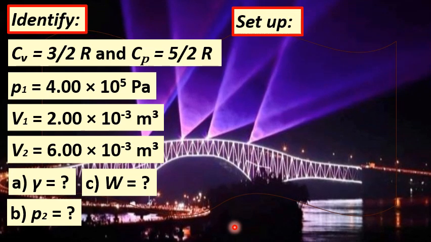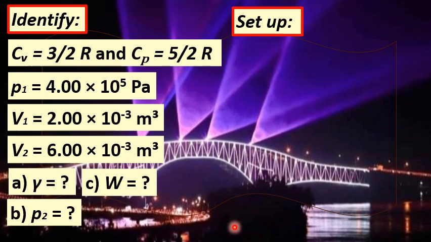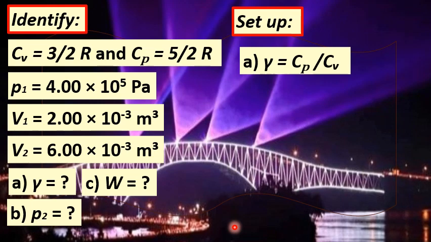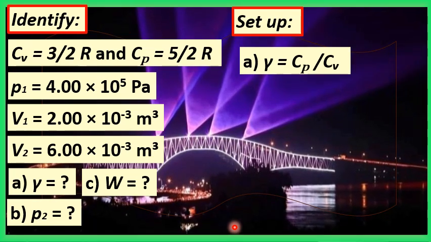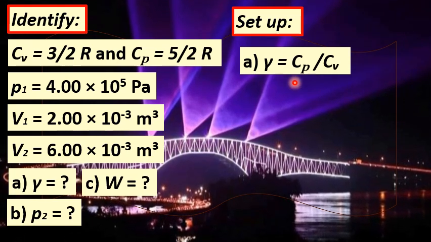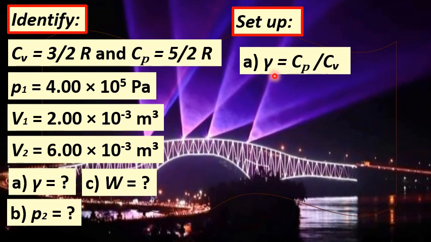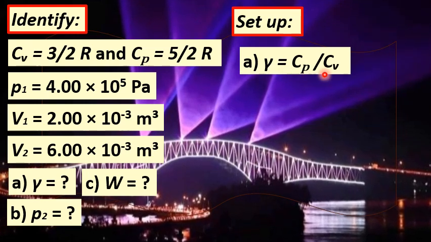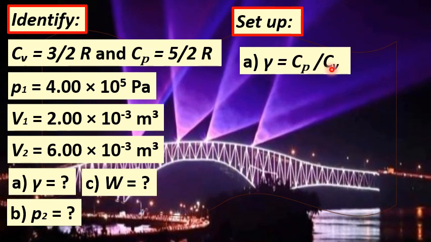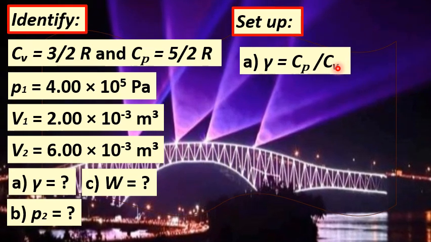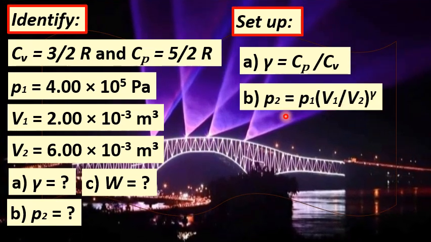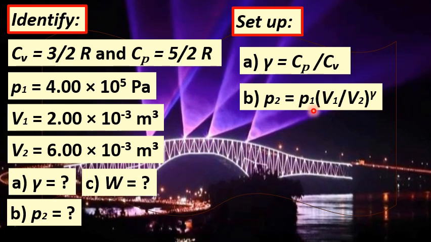And we will be applying the following equations for our computations. So the first one is how to find the constant gamma. So gamma is just equal to the ratio of the heat capacity C sub P divided by the heat capacity C sub V. And for question letter B, we can find the final pressure P sub 2 by multiplying the initial pressure P sub 1,